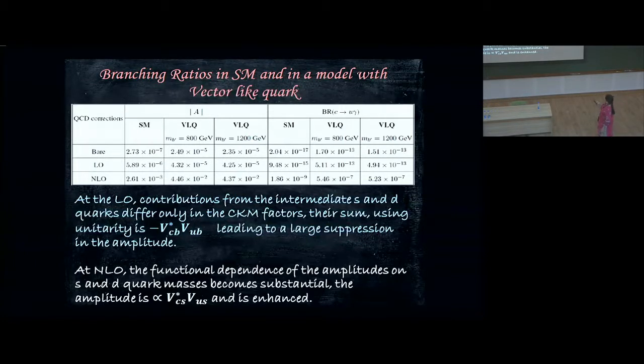And this is actually not because, maybe if you have time, I'll go back to the table and show you. It's not that the C7 effective is getting so much enhanced, it's the CKM elements that are coming in here. That's why the enhancement is much more at the NLO level than at the LO level.